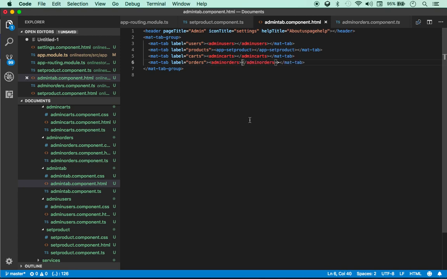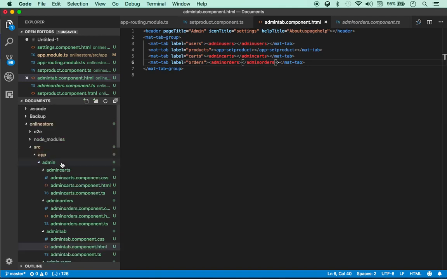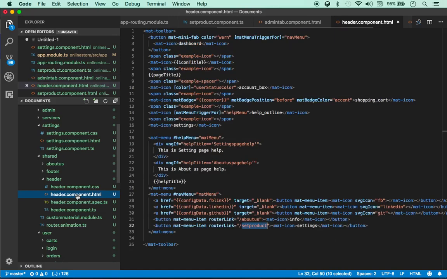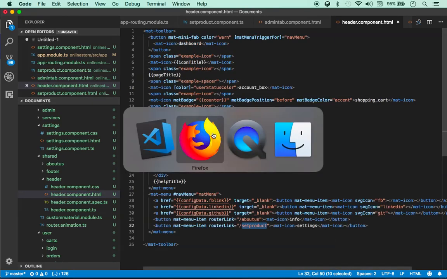Perfect. Let me save this. Now let me close all this. Okay. Now I need to include this link to my headers.html. So let's go to the headers.html component.html. So first of all, if I go back to my app,